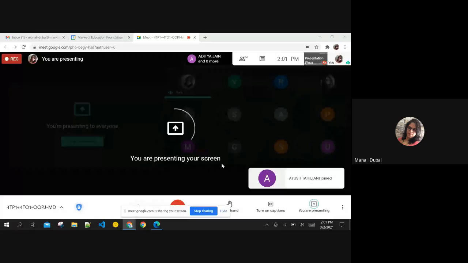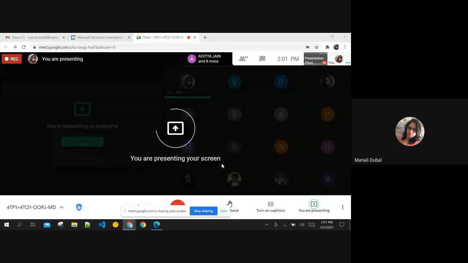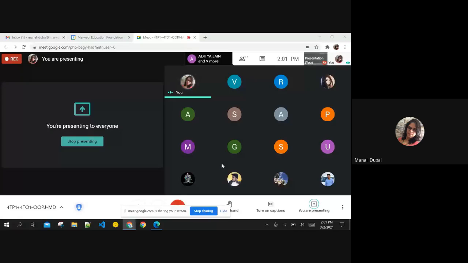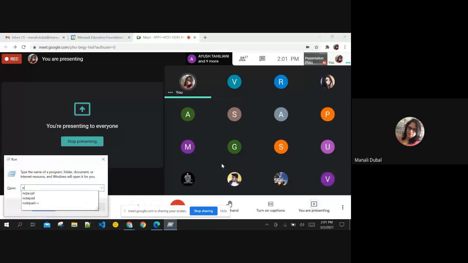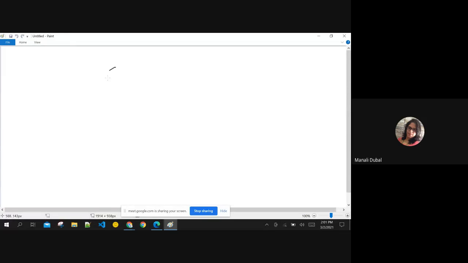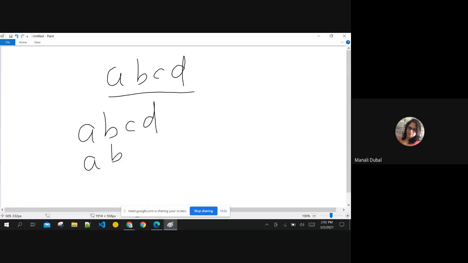Okay. See, it is not a pattern actually. Even if pattern questions come, I solve using recursion. How? Let me show it to you. The question was like this, right? A, B, C, D. If it is the input, then you have to print the substrings. The set of substrings is actually bigger, but we are just printing this much. Okay. Now, if you think,